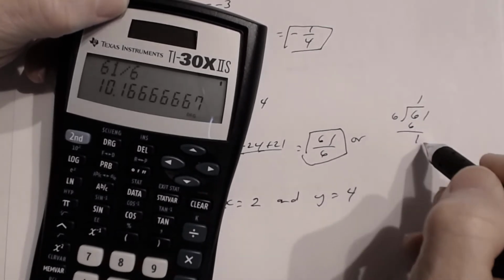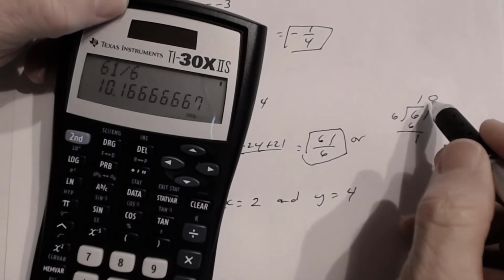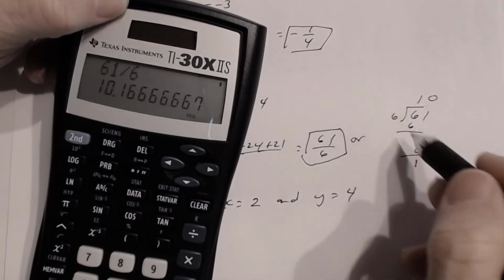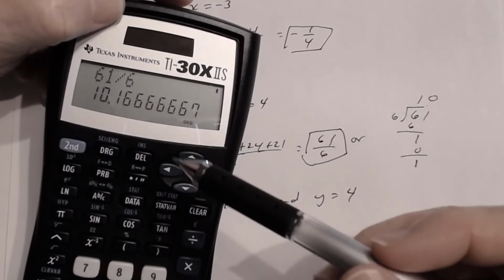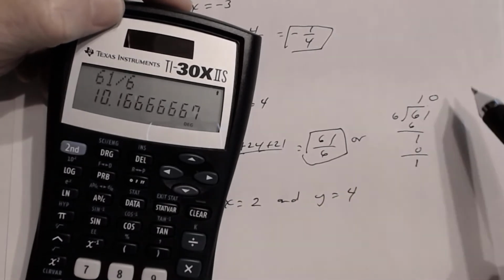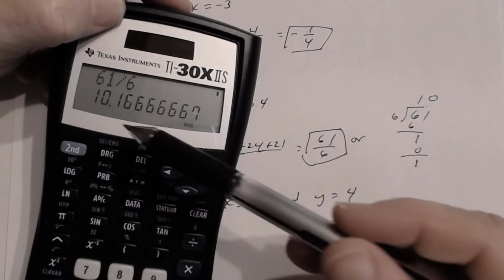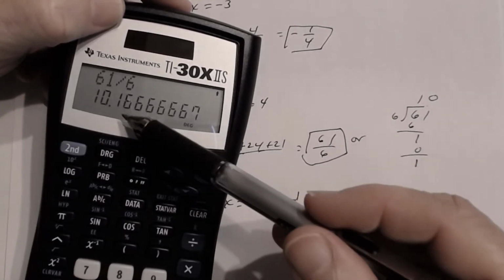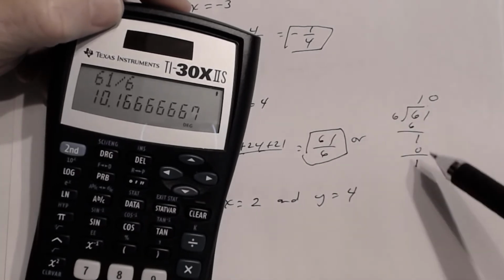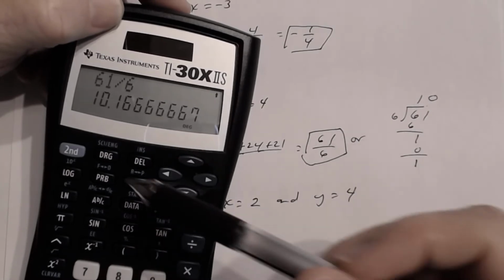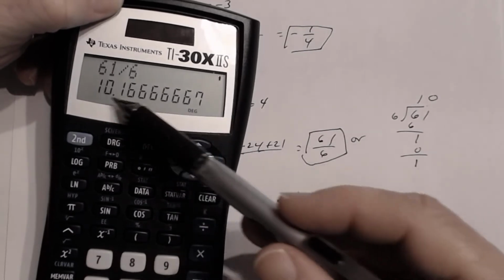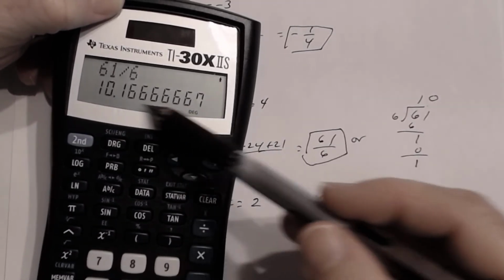Bring down the 1. 6 into 1 is 0, 0 times 6 is 0, and you get 1. So you get 10 and 1/6. Now remember, you see how this 10 is the quotient right here, but this remainder, this decimal part, is 1/6. That's what that represents. So 1/6 represents this, and for this calculator, you have access to change this decimal